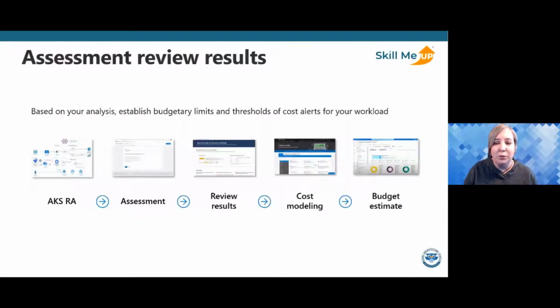So the review results work like this. Let's take an AKS environment, right? You'll run through an assessment. You'll review the results. Those results help you build out a cost model, and that helps you get to a budgetary estimate. So I think all of this becomes really helpful if you're thinking through how to move yourself from left to right related to agility and mobility and giving yourself a better ground to move into related to your cloud adoption.